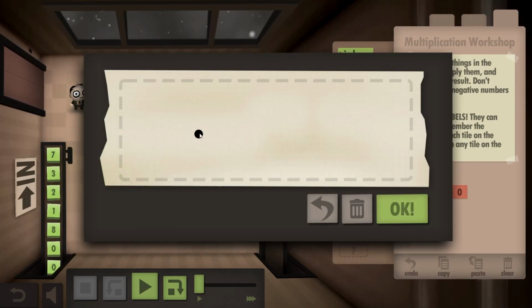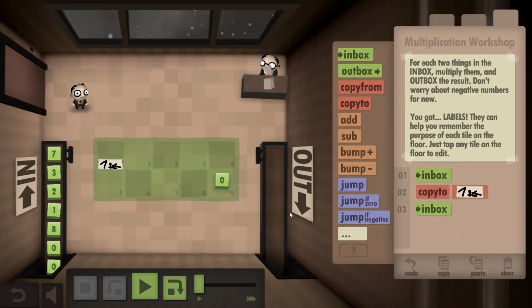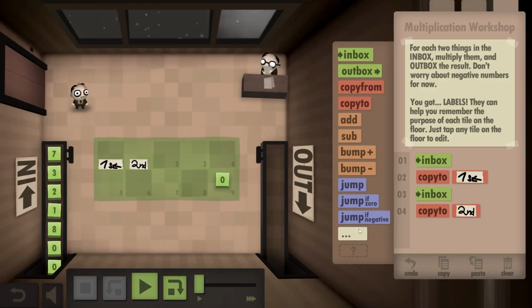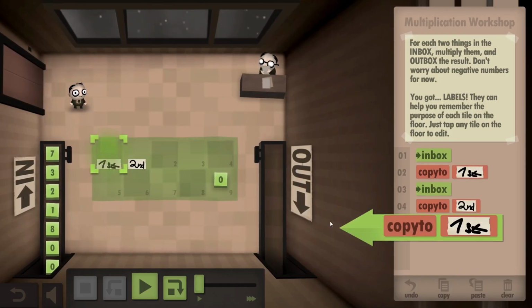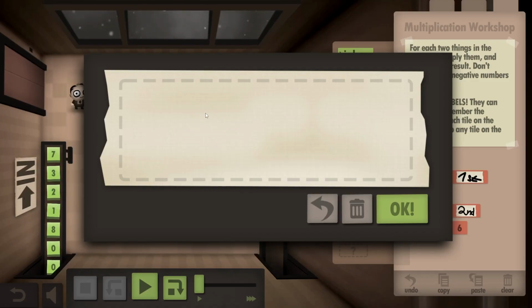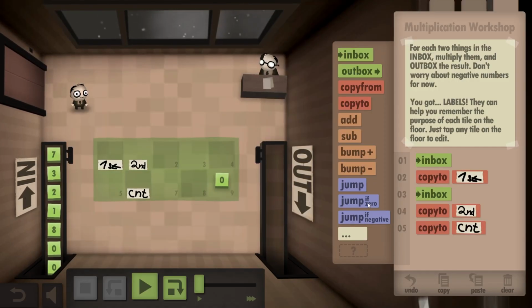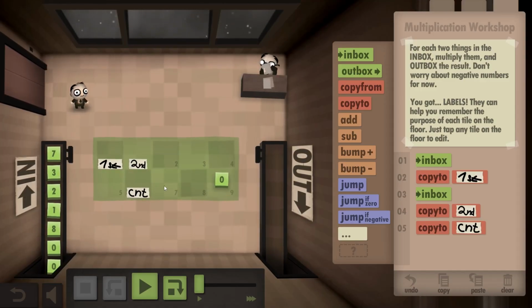We're gonna call this first, as in that's the first number. Then we're gonna inbox the second one, copy it to there, that's the second. And then what I might do is also copy it to there. And that's what I'm gonna call the counter, CNT. Now the idea is that we're gonna be taking the first number and adding it to itself counter number of